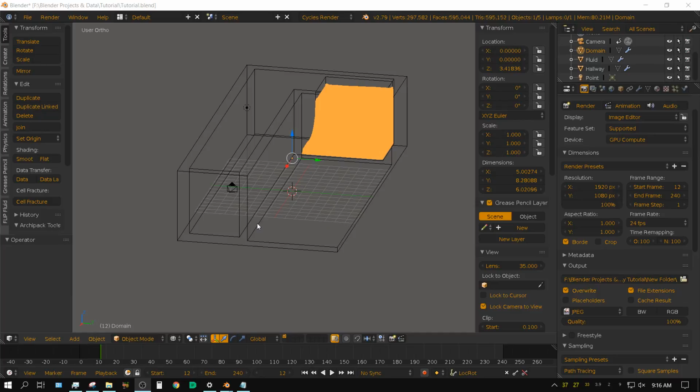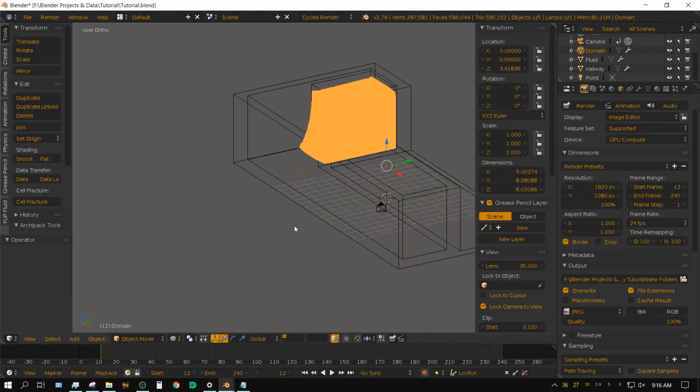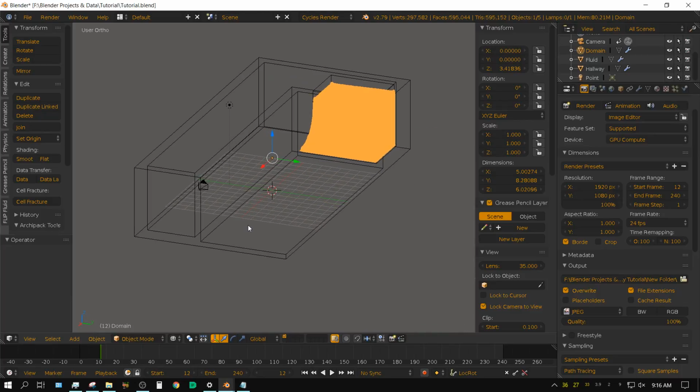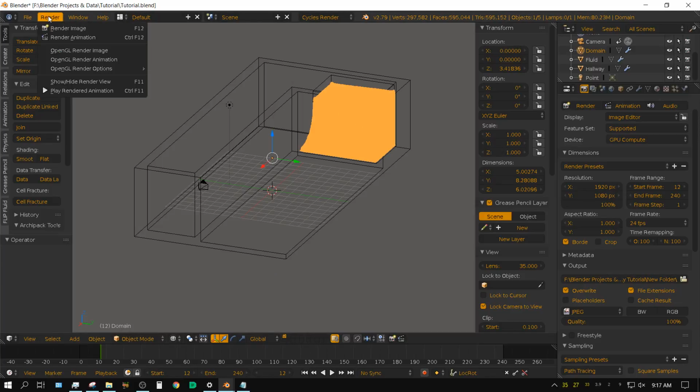Alright, in this tutorial I'm going to show you how you can make a very basic flooded hallway scene like this. I'm going to keep it very basic and just show you how to set it up. I'm going to leave all the texturing and good lighting to you because I want to assume that you know how to do the basic stuff in Blender. And I did render this out, so let me go ahead and show you what this looks like rendered out.